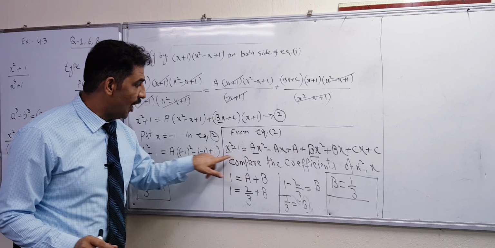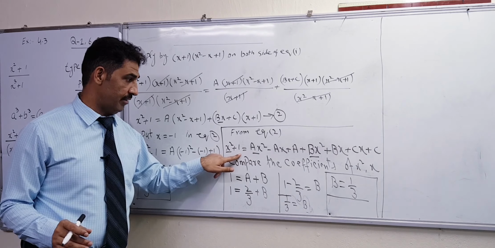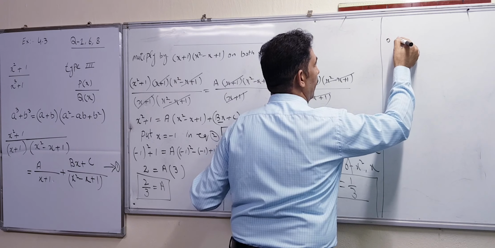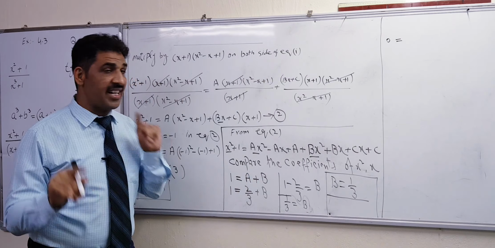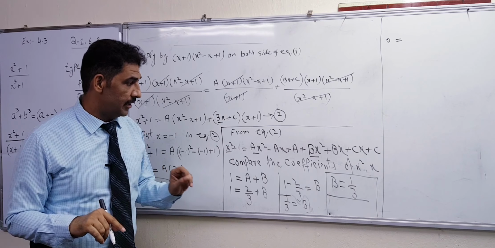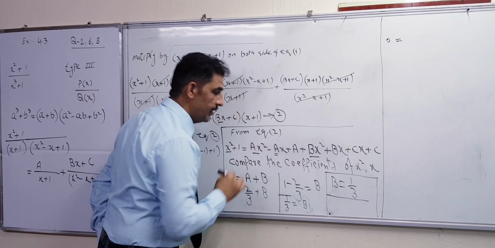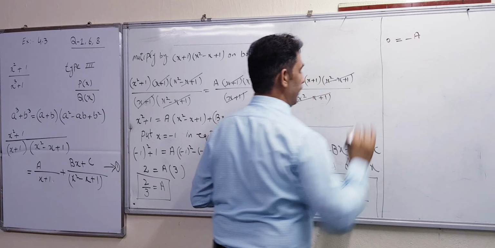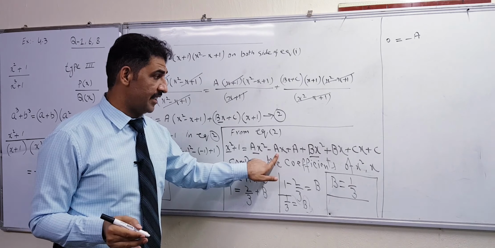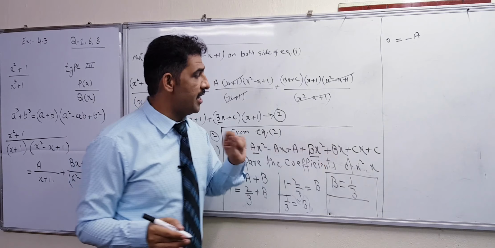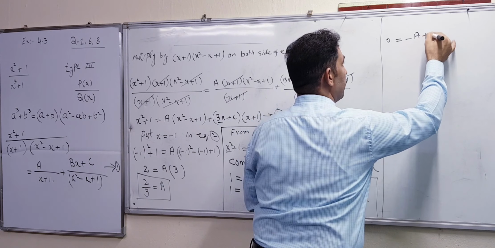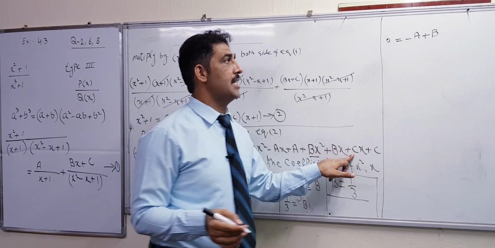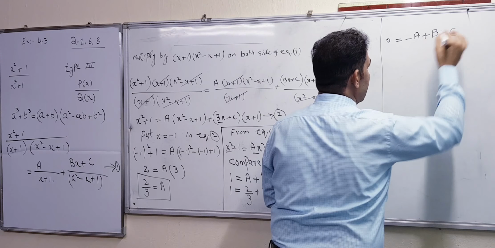Coefficient of x. How many terms of x are on the left hand side of this equation? None. So we have to write only 0. Find the terms where x is multiplying on the right hand side. The first term is this one, so here we have minus a. After that, the other term which x is multiplying is b, so we write plus b. Another term multiplying by x is c, so you have to write plus c.